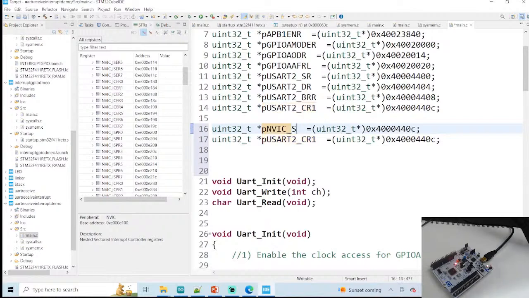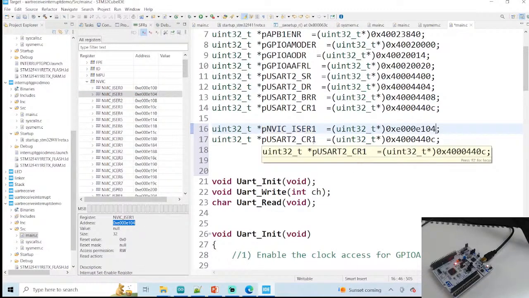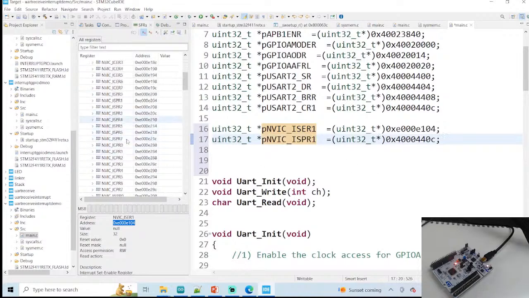It is ISER1. Okay, ISER1. So this is the address for ISPR, the address is